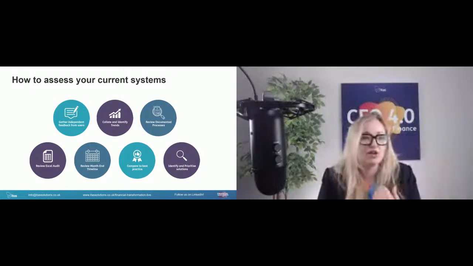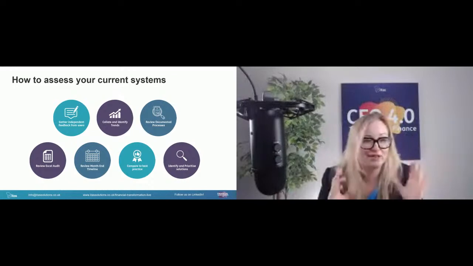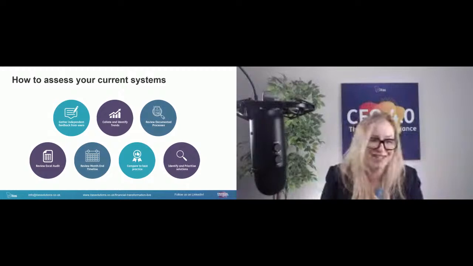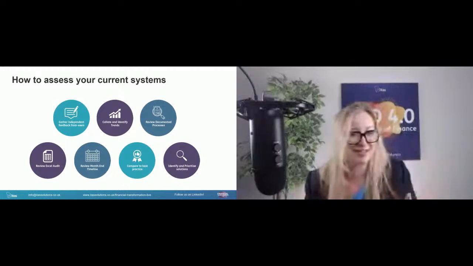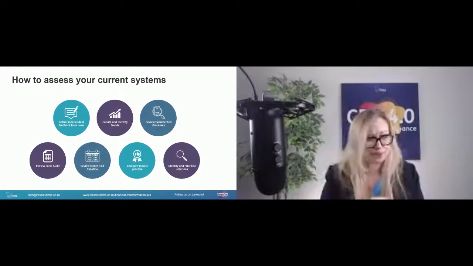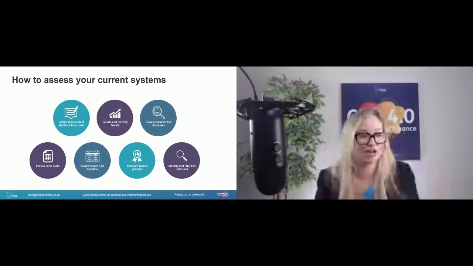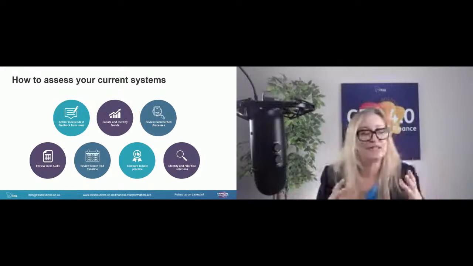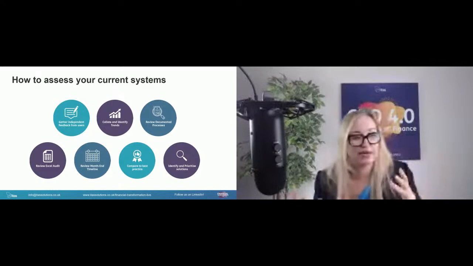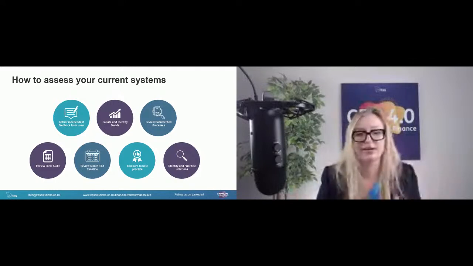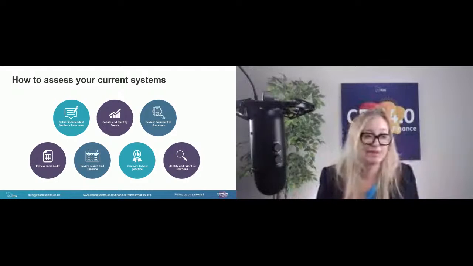Then you want to go through and review your documented processes, okay? And for those of you that haven't done this and haven't got processes documented, that's another conversation we'll pick up. I always recommend an Excel audit, right? Regardless of how good you think your system is and how well established and how long you've had it, there's always something in an Excel audit. So it's my go-to if I don't quite know how to approach, and it just uncovers so much.